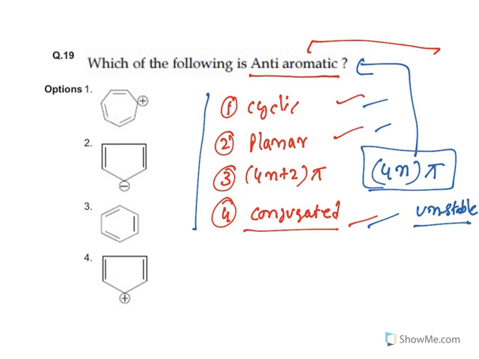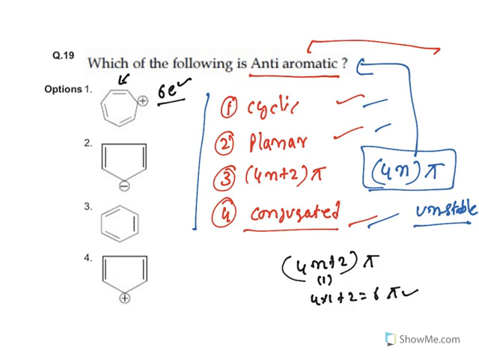Look at them. See, each pi bond is made up of 2 electrons. So totally 3 pi bonds, 6 pi electrons. Fine. See, 4n plus 2 pi. N is an integer. If n is 1, 4 into 1 plus 2 is 6 pi electrons. So this one is correct according to Huckel's rule. Now here, 2 pi bonds, that means 4 electrons, and here an electron pair plus 2. So totally 6 electrons. This one is correct.